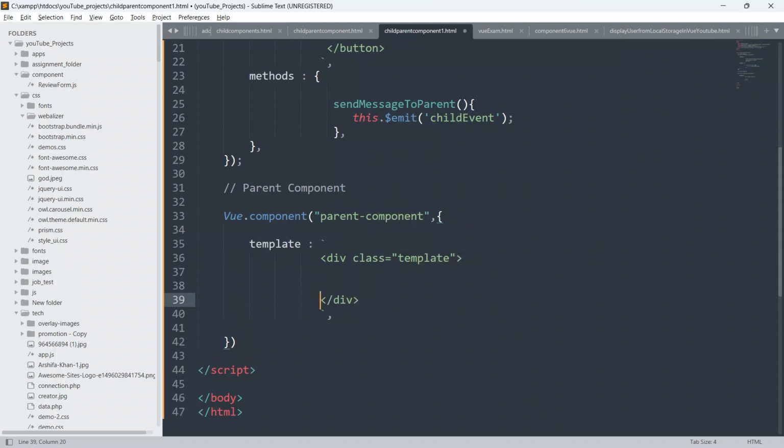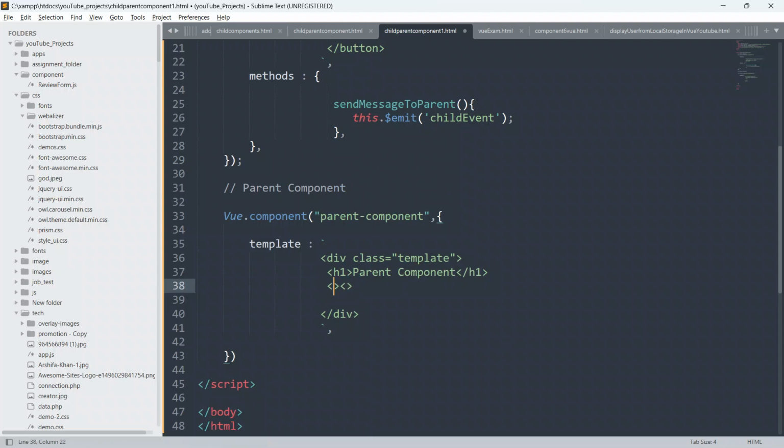And inside this div I'm going to create an h1 element first. Create h1, close this h1, and I will give the text here. I will say parent component. And below it I will create a p paragraph also.